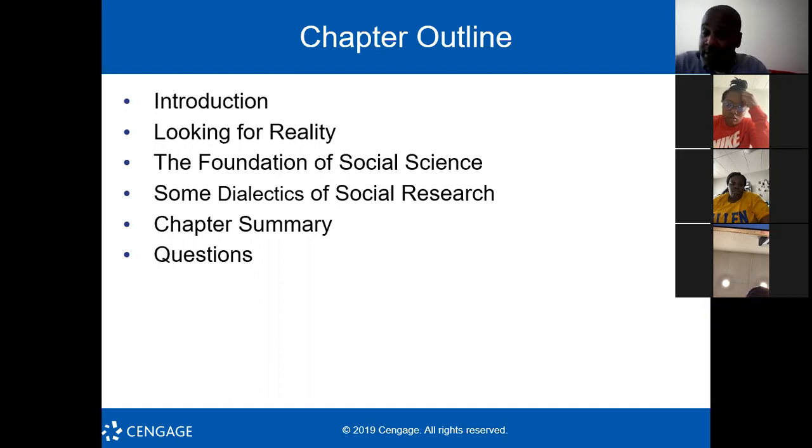Different perspectives are, again, not only allowed, but encouraged. But we want to be able to really settle on a defined set of facts. We go through this again through the foundations of social science. We go through the early steps of the research process. We'll begin to summarize the chapter, and then hopefully you'll have some questions at the end of the chapter, and I have some for you as well.